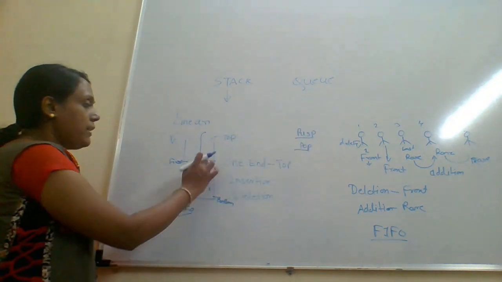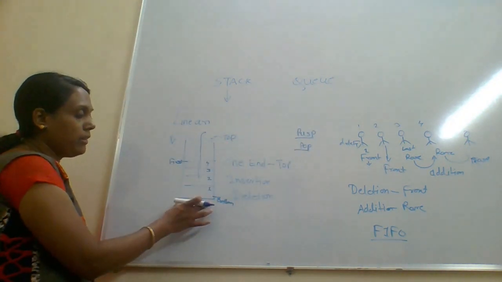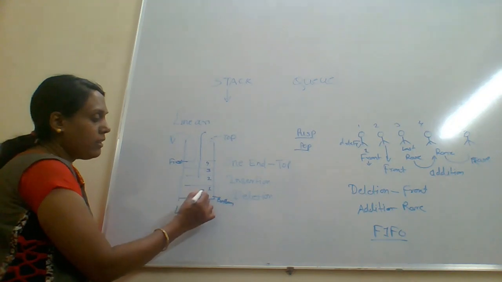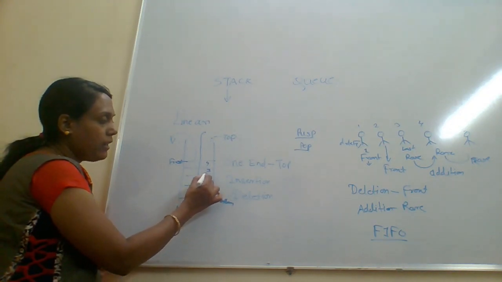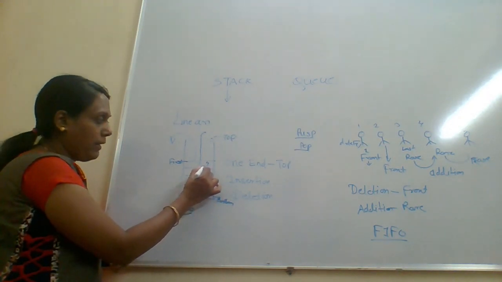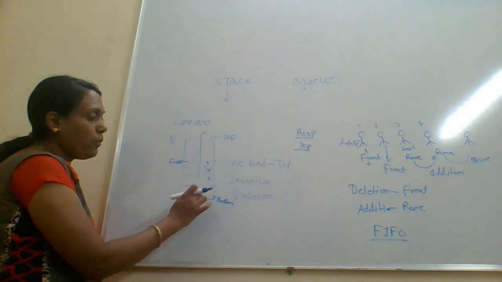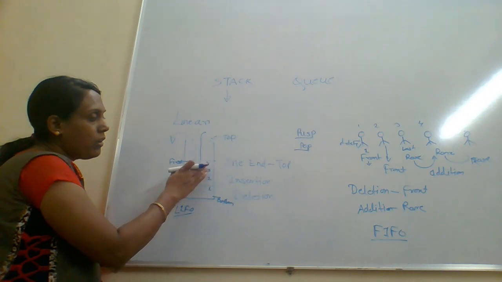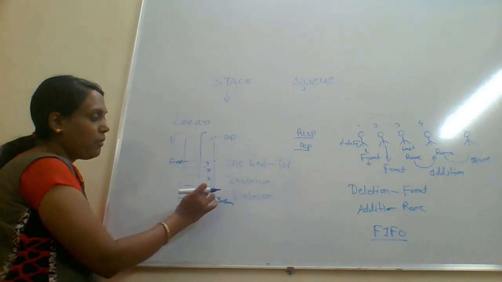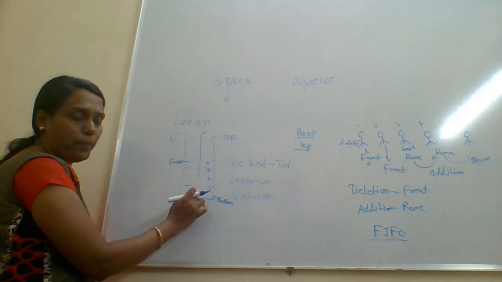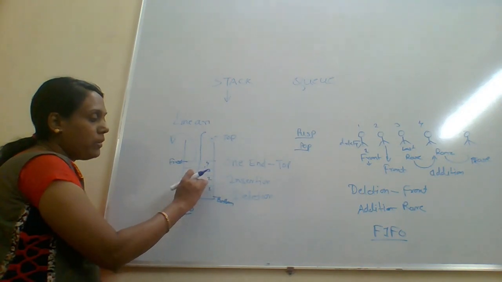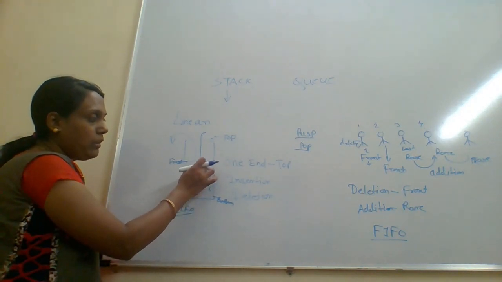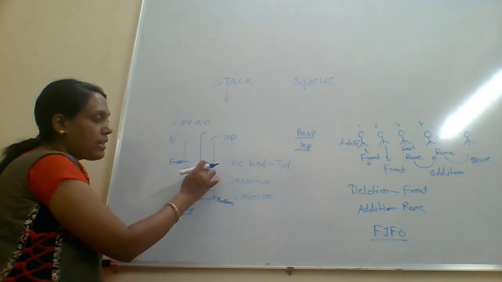Now, when we consider the stack, see the example. This is the box in which we insert the first data item, then the second, then the third and then the fourth data item. When we insert data in a stack, it is stored one above another. That is, the first inserted data will be at the bottom, then the second above the first, then the third and the fourth. Now this is the last data.